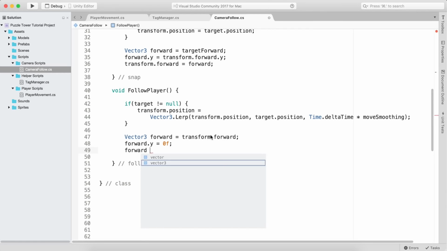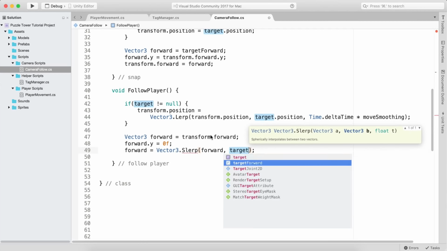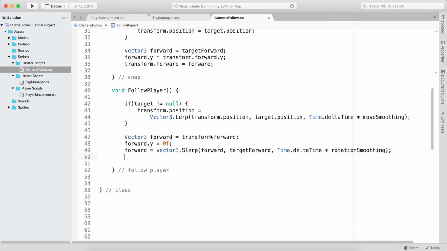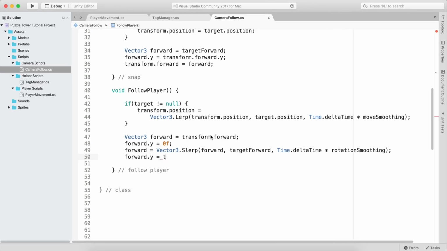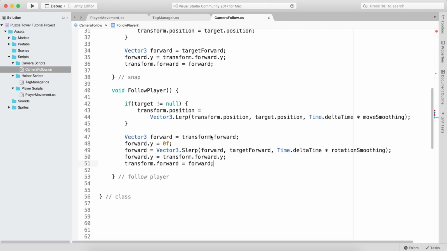And here we're going to say forward is going to be equal to Vector3.Slerp. And we are going to slerp from forward to target forward, like this, in Time.deltaTime multiplied with a rotation smoothing. And below we're simply going to say forward.y is going to be equal to transform.forward.y, and below simply transform.forward is equal to forward. Simple as that. This will make sure that our y-axis for the camera will stay relevant to the player,